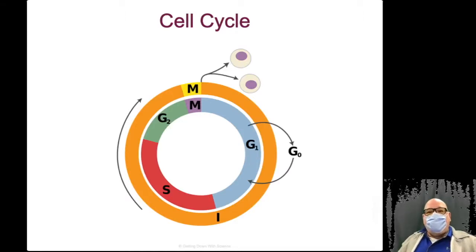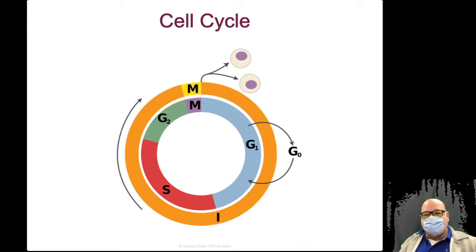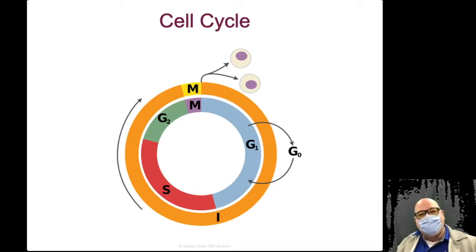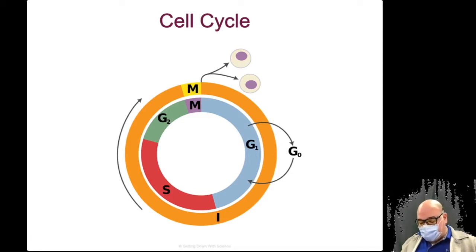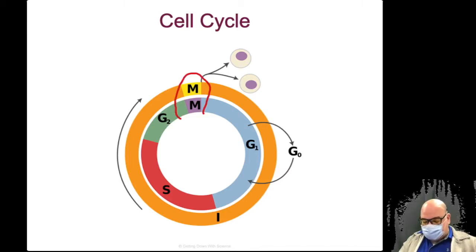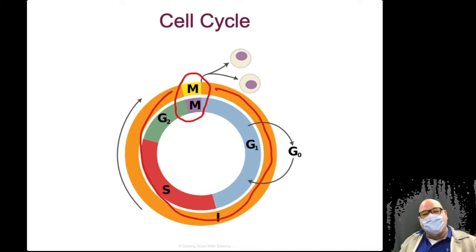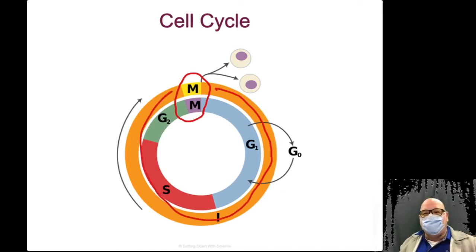So hopefully you've seen something like this before, okay? This is the cell cycle. It's a circle for cycle. And we basically have a very little section of this that we're focusing on right now. Most of what we're focusing on right now is the interphase, which is the longest part. Mitosis is actually a really, really short part.